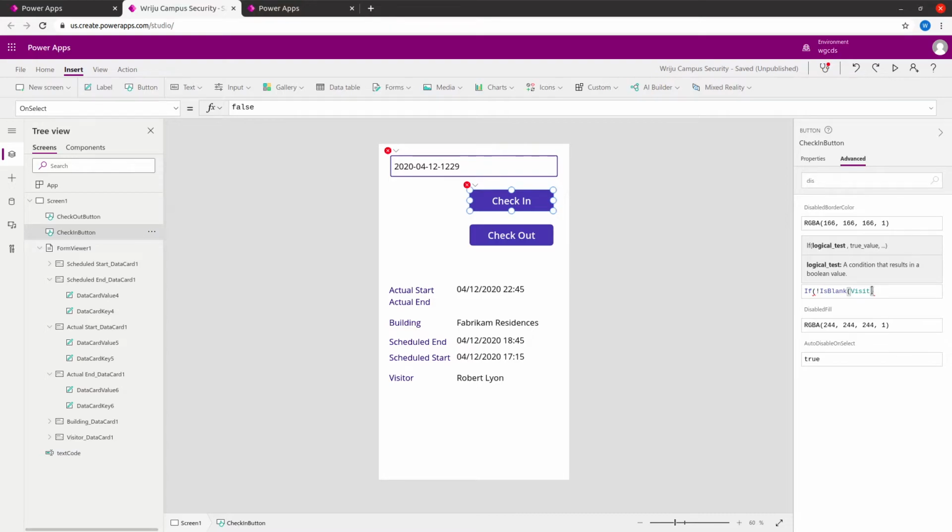also keep them disabled. Okay, and I say if it is not, then go ahead and check visit dot status. Do I have a status here in visit equals to this field? Dot active. And then I put another condition which says is blank visit dot